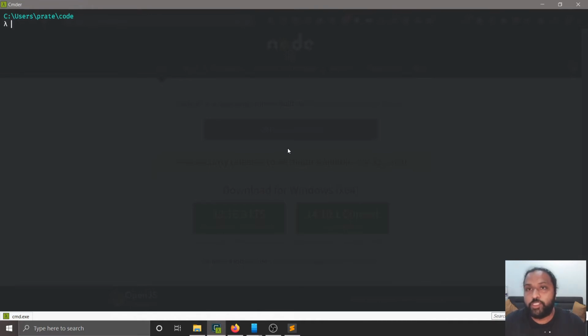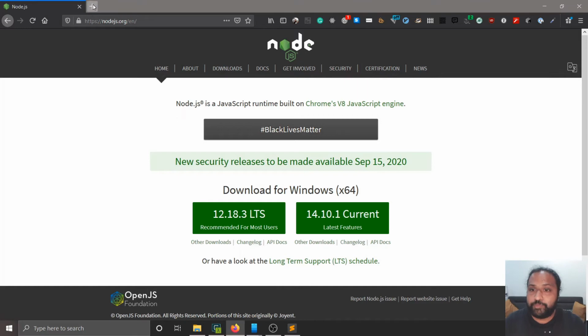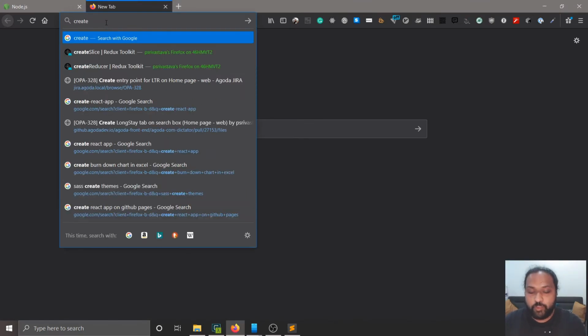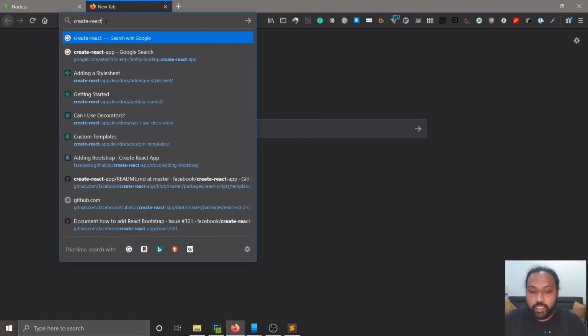Once you have Node.js installed, the second thing that we're going to do is create a React application, a simple React project. And to do that, we're going to use create-react-app. You can think of create-react-app as a script that generates all the boilerplate that is required to create a single page React application. And that is what we're going to do in this tutorial. We're going to create a simple note-taking application. And to do that, we're going to use create-react-app to create our first basic project. So let's look at the create-react-app